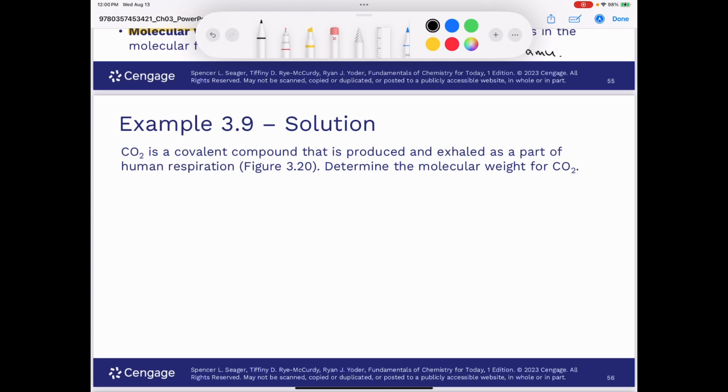Well, I guess I spoke too soon because I just calculated the molecular weight of CO2 on the last one. So CO2, we have 1 carbon, which is a mass of 12.01 AMU, and then we have oxygen, which has a mass of 16.00 AMU, but there's 2 of those, so that gives you 32 plus 12.01, so that gives you